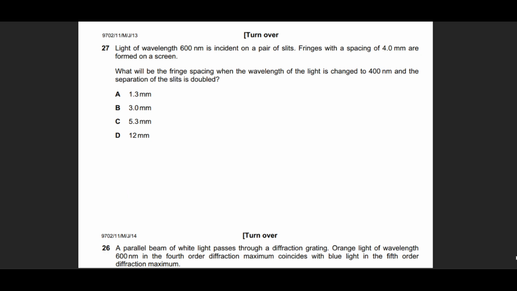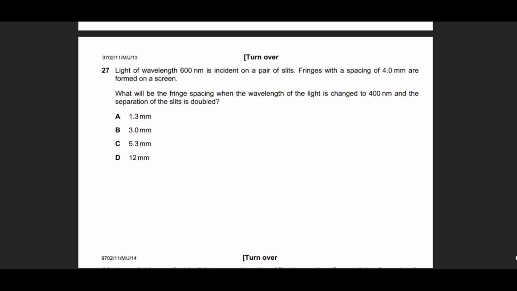So this question is about double slit. The formula is going to be AX equals lambda D. He says the wavelength is this and the fringe separation is this. What's going to be the fringe separation? The question is about finding X. If the wavelength is now changed to 400 and the slit separation is doubled, it means that A is